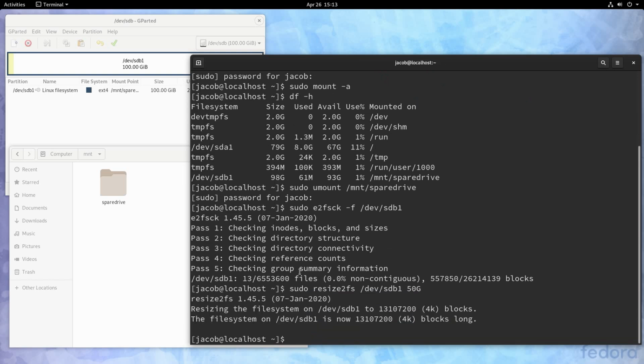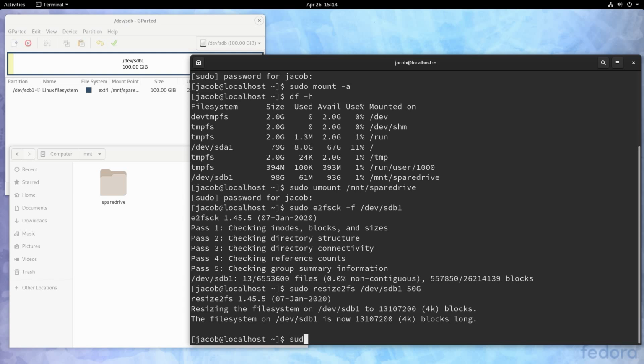You can see it's resizing the file system, and the file system is now this many blocks long. The units here are going to get a little murky. I know it says blocks right here. It's saying that the block is for a small k, and then we used an uppercase G up here. That is important, that all these things are not matching, and we'll talk about it a little bit more when we're in the second half of this video. But for right now, we've resized the file system. If we were to mount this partition right now, even though it's still a 100 gigabyte partition, since the file system is only 50 gigabytes, we would only have 50 gigabytes available.